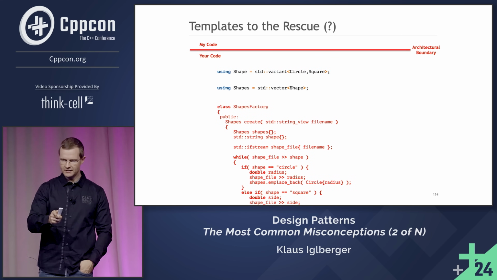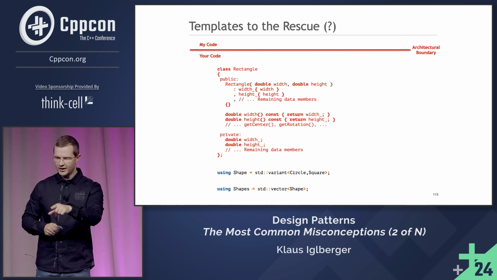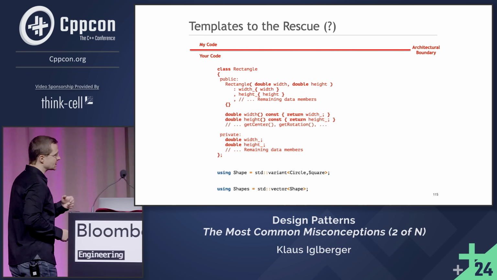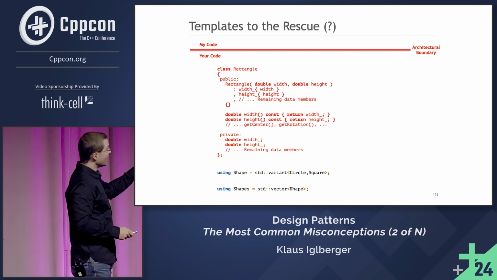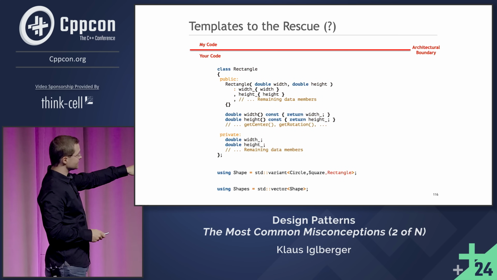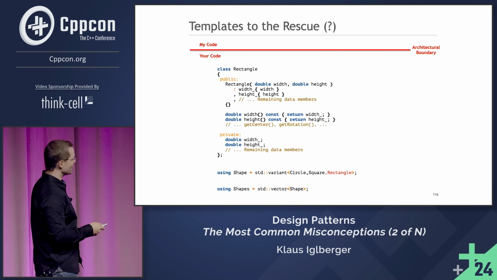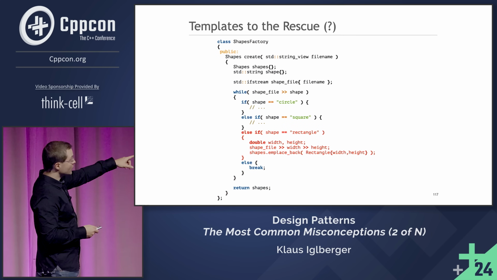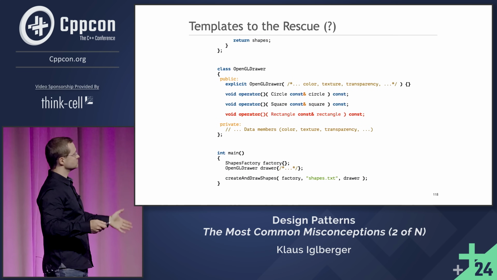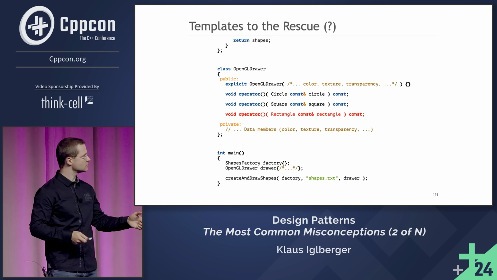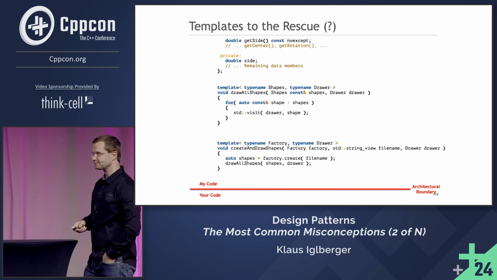And you can definitely define this shapes factory. Also the rectangle. You can introduce a new rectangle if you want one. Why not? I don't care about this, but you might. And you can, because the abstraction is on your side, also just change the abstraction. Great. That is working. Good. You can extend your shapes factory, you can extend your drawer. It's all on your side of the architecture. Nice. Suddenly it's working.